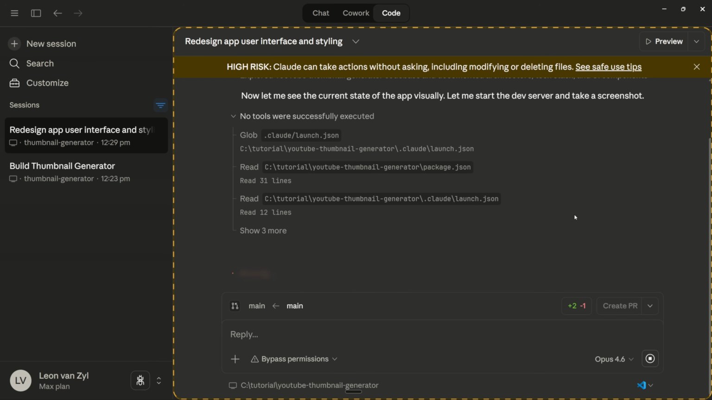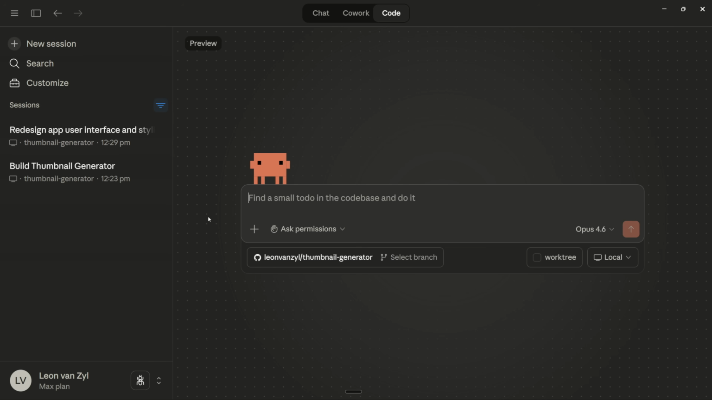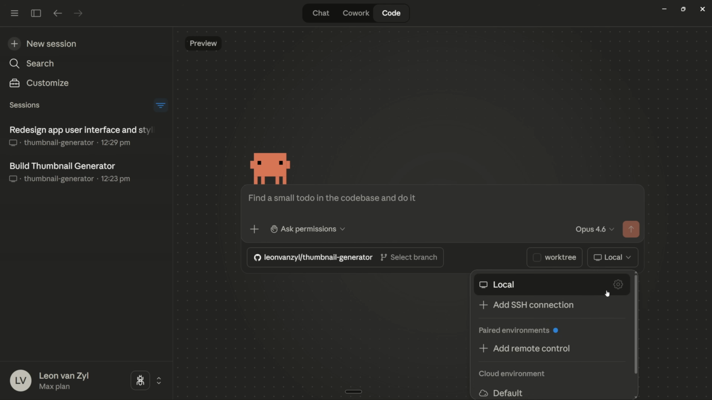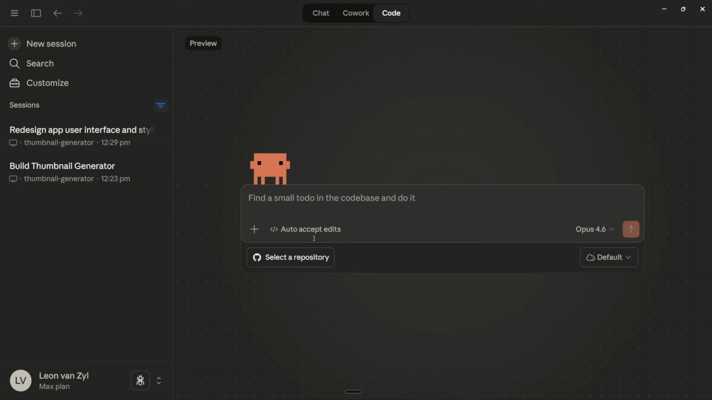And what's cool is while this is running, we can now kick off another session, and now we can get an agent to run in the cloud instance to continue making changes as well. So I'm actually going to switch from local mode to cloud environment. And let's say for generating thumbnails,